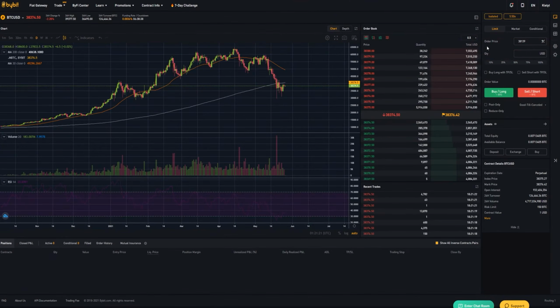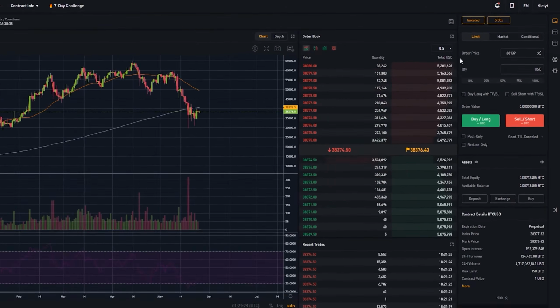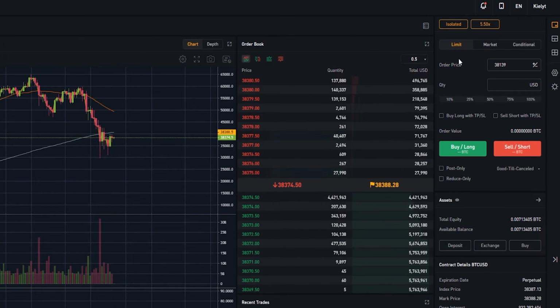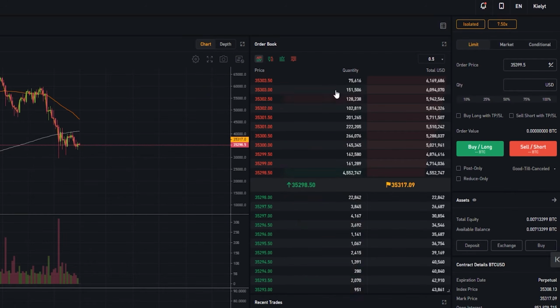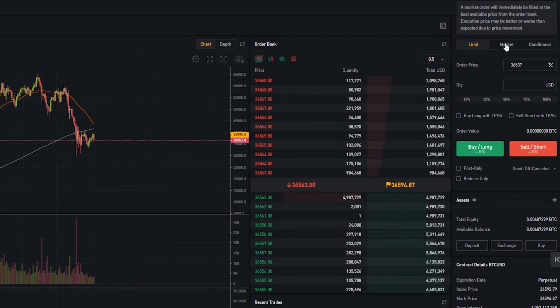All right, first order type is the limit order. So if you come up to the top right-hand side of the screen here to the order panel, you'll see that I already have this highlighted as limit order. And this is the order type that the exchange will pay you 0.025% for placing an order this way, because you're literally placing that order in the order book over here, essentially making you a market maker. And exchanges do like to incentivize traders to place their orders on the order book because you're providing liquidity, versus being a market taker by executing a market order, removing liquidity from the order book, and paying the 0.075% fee